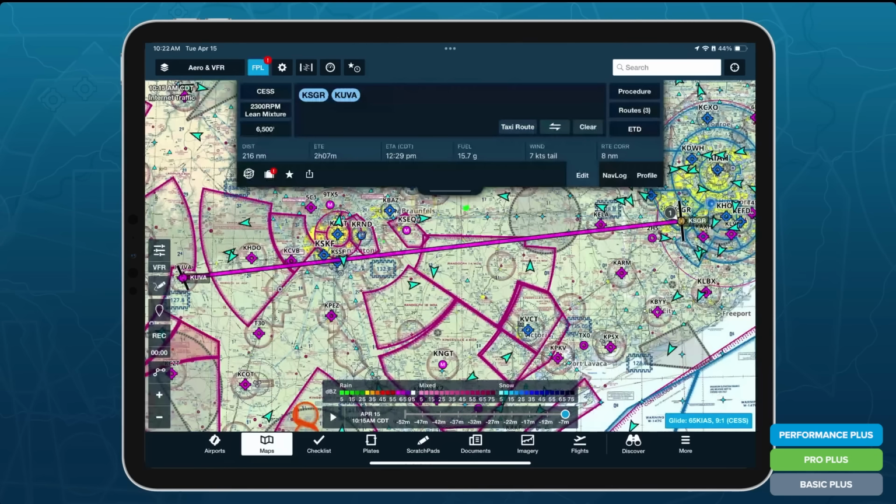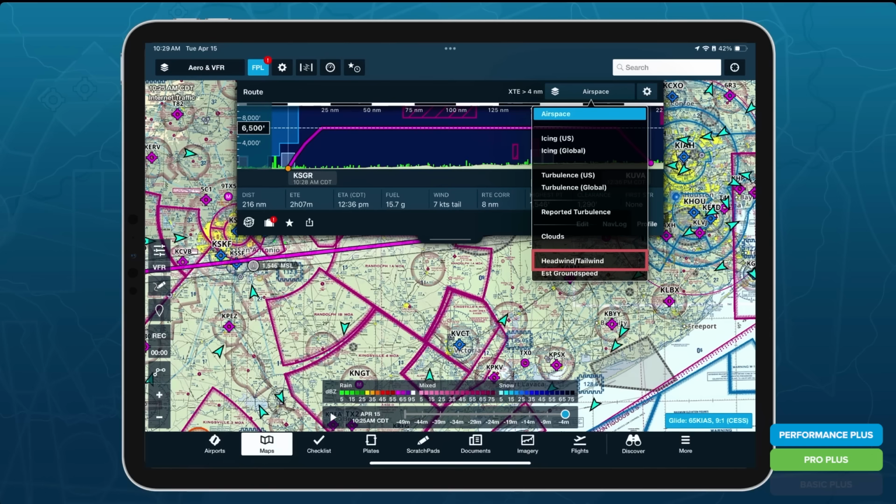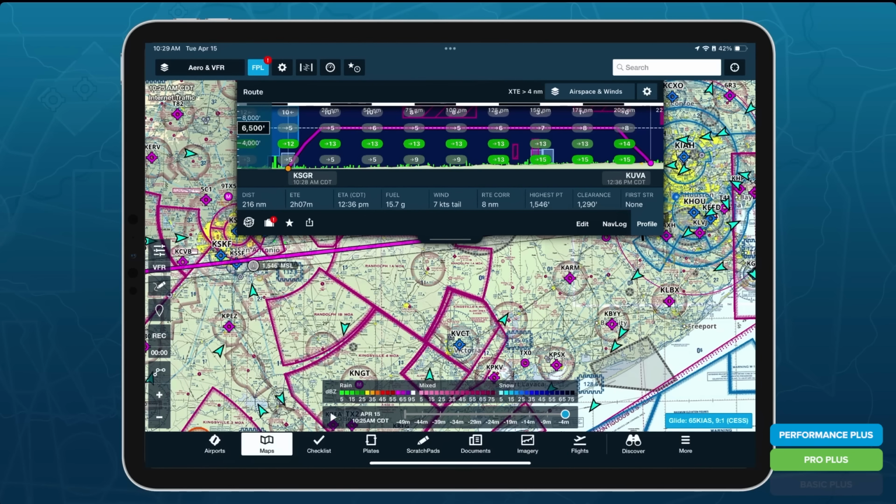Let's go back to our cross country. So here, from Sugar Land to Uvalde, another feature, and one that we recently released for our pro users and our performance users, is a profile view. If we go to our profile view, if you're on a Pro Plus plan or above today, you're able to see airspace. But if you're on a Performance Plus plan or above today, you can then tap on airspace, tap on headwind or tailwind, and you can see your headwind or tailwind component broken down into that 2D view in